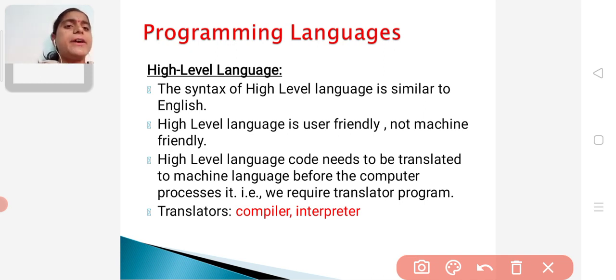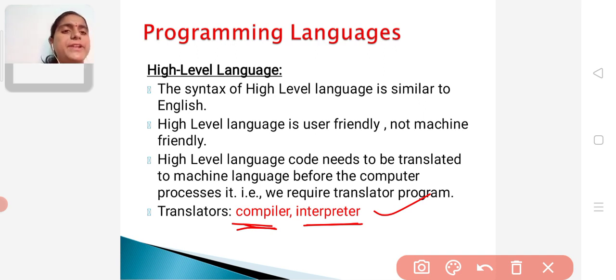For that, we require two translators. Those are compiler and interpreter. These compilers and interpreters can convert the high level language into machine level language. Then what is the difference between this compiler and interpreter? Those are used to convert the high level language into low level language.